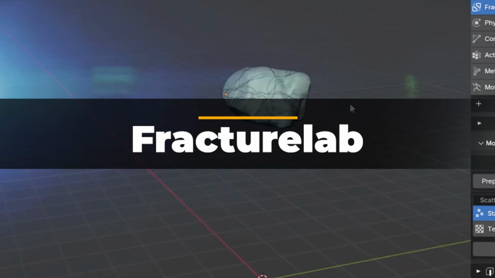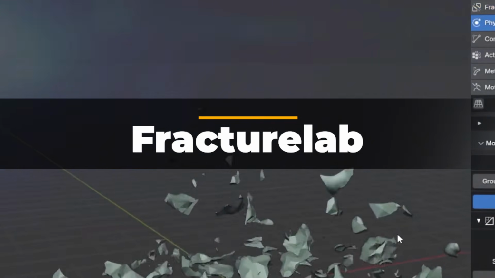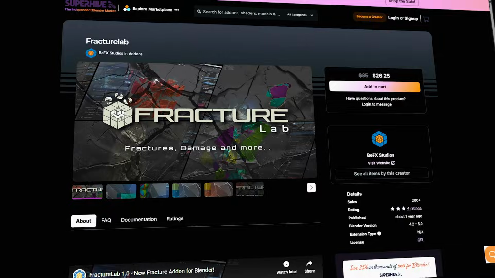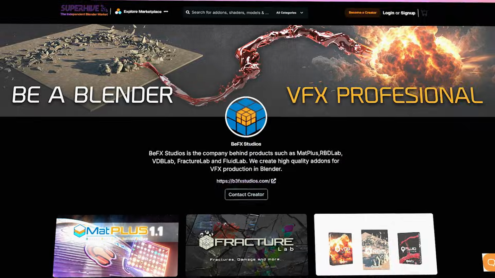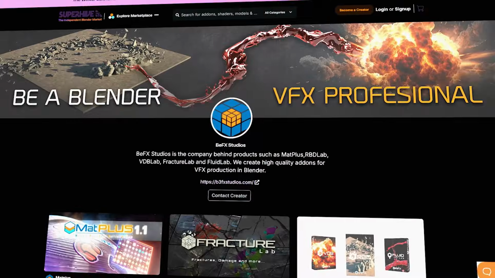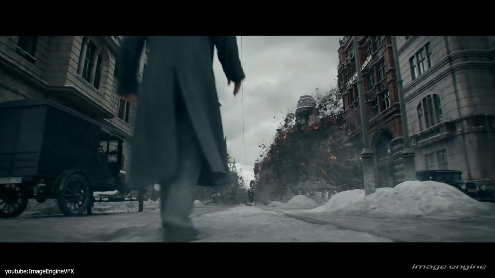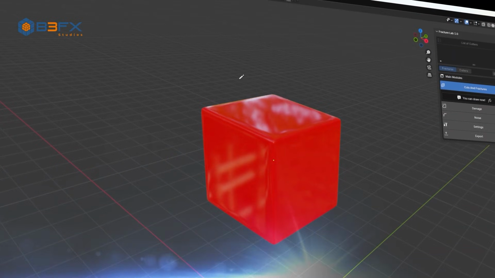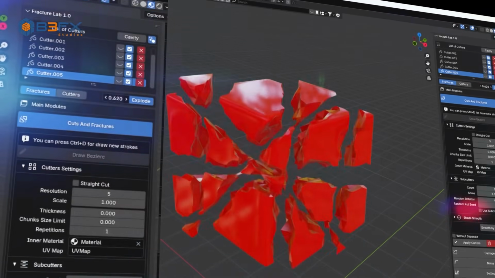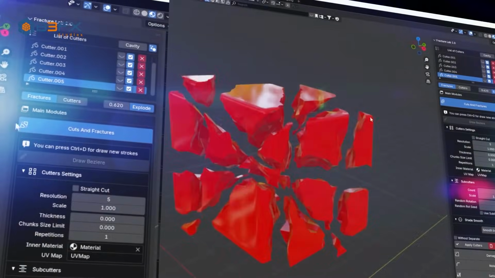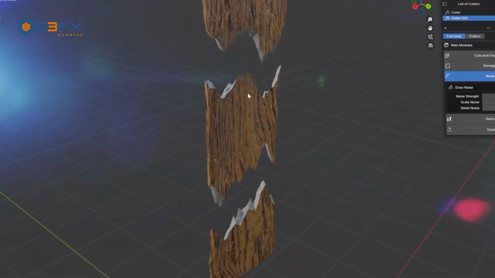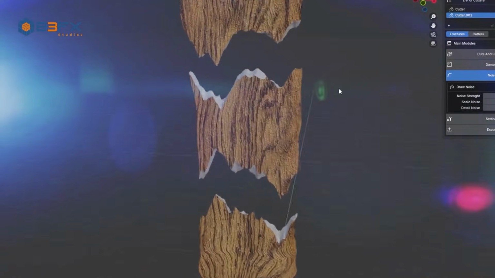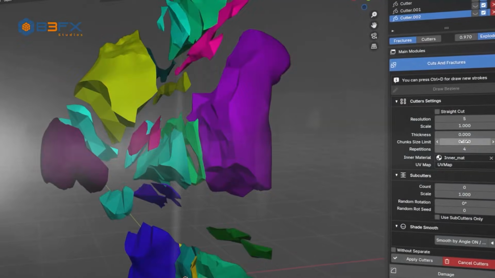I'm going to start with Fracturelab, which takes destruction to the next level with real-time precision-based fracturing. And by the way, this is from the developer of Veedynamics, so you know this stuff is good. In case you're creating cinematic environments for VFX or game environments, this add-on lets you control exactly how objects break apart. You see, unlike traditional fracturing tools, this one lets you design exact fracture patterns or generate detailed cuts in just seconds. And you can edit, adjust, and remove fractures anytime, making it incredibly flexible for tweaking destruction effects